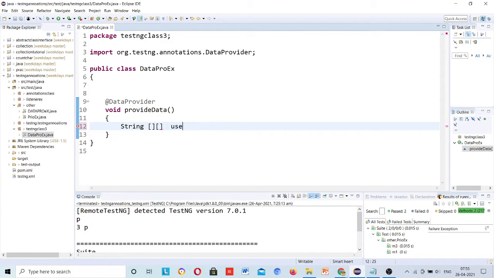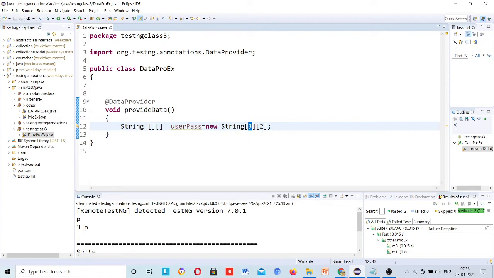String username and password is equal to new String. If you have attended my Java session, then you know what this means. Three sets of username and password, and each set has two values. This is an array inside an array.